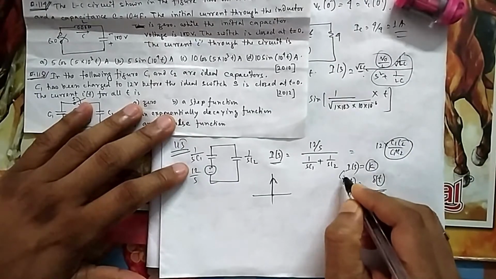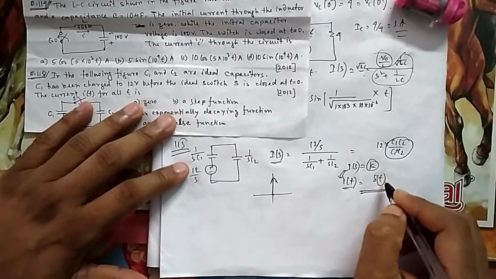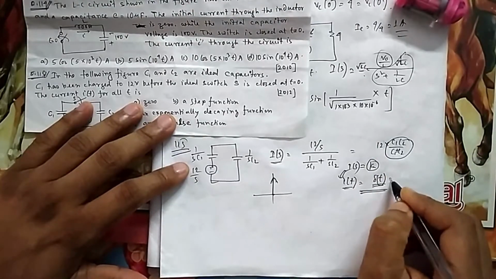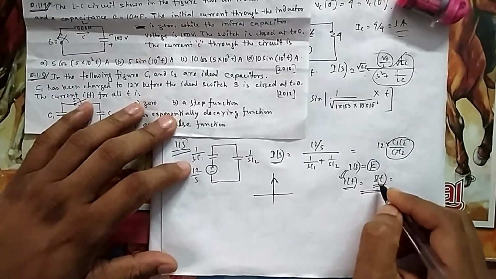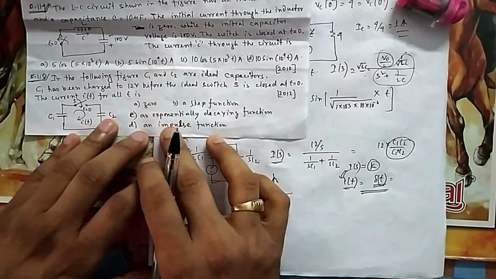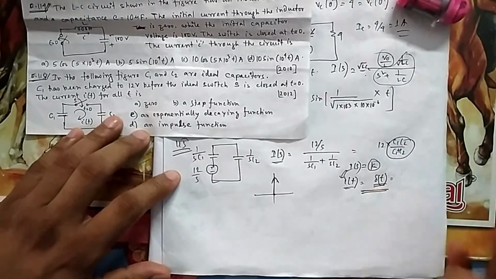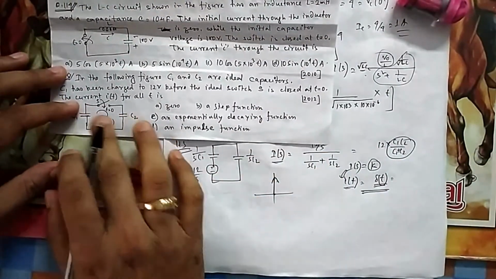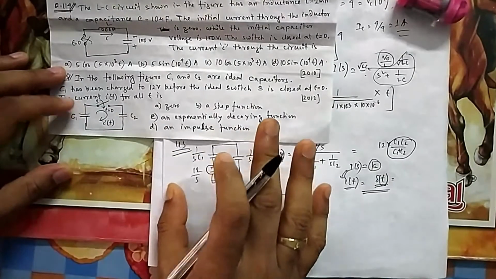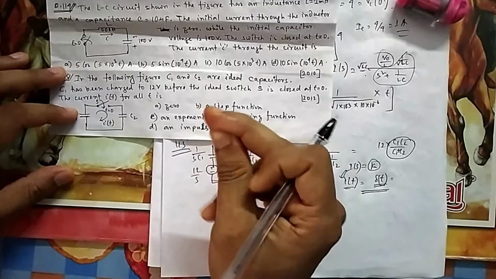What will you get if you take the inverse? What is the inverse of a constant? Laplace inverse of a constant is the delta function, that is your unit impulse function. It will not be a unit impulse, it will be k delta, but that is not the idea. The idea is an impulse function, that's it. So it is an impulse, and by seeing the circuit also you can feel it will be an impulse. How? Because both the capacitors are ideal, that means no resistance is there, so the time constant is 0. So whatever happens, it will happen in a fraction of a second, just momentarily.